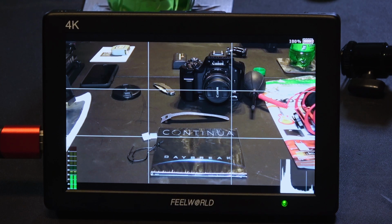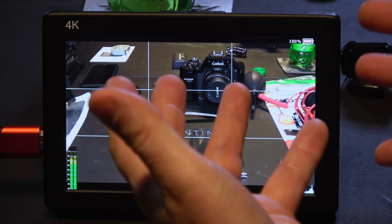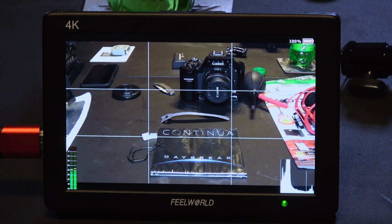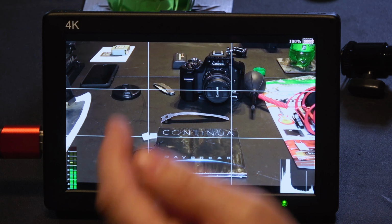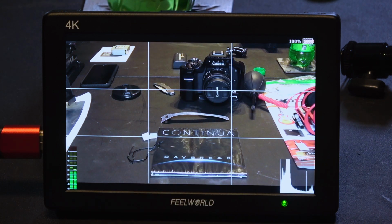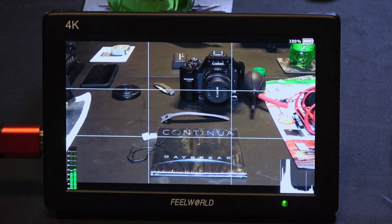They don't think. The main feature of this monitor is its price. There is nothing on the market for $150 that even comes close to what this thing can do. And then they're going to go and complain about the hot shoe mount. I don't know. All right. Anyway,